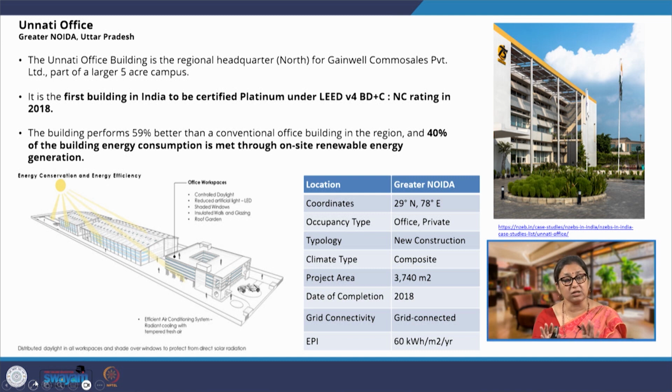Even if we are not aiming for net zero status, we have to follow the same approach. One, reduce the energy consumption. Two, produce the remaining. So, what they have done, what they have been able to achieve through different strategies, which I will show you now, they have reduced the energy consumption by 59% from the conventional building's baseline. So, this office building which has been designed consumes 59% less energy than a conventional building, and then